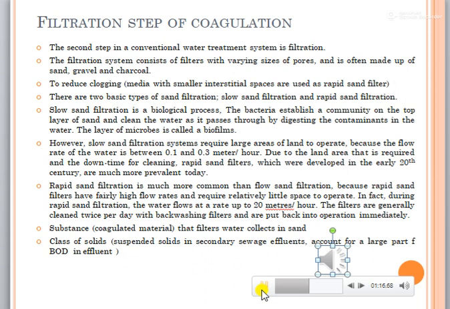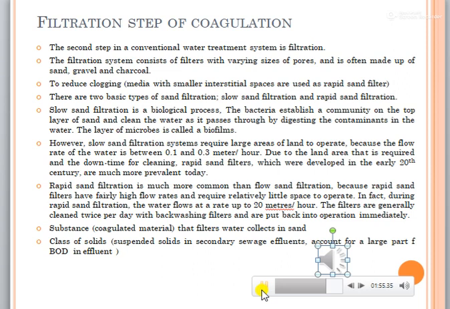However, slow sand filtration systems require larger areas of land to operate because the flow rate of the water is between 0.1 and 0.3 meter per hour. Due to the land area that is required and downtime for cleaning, rapid sand filters, which were developed in the early 20th century, are much more prevalent today. Rapid sand filtration is a physical process that removes suspended solids from water. It is much more common than slow sand filtration because rapid sand filters have fairly high flow rates